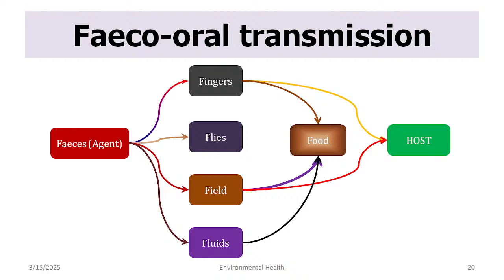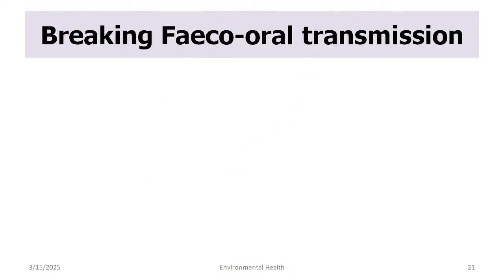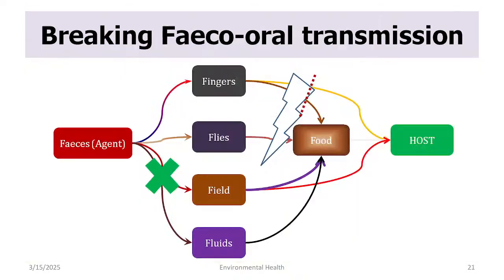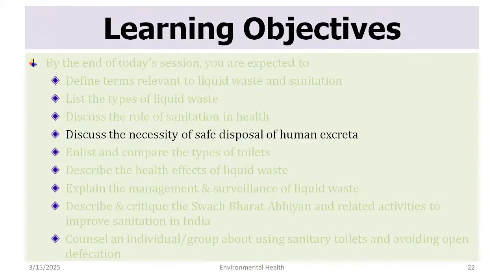There are still infectious diseases which are prevalent in our country. So we have a triple burden. How do we break it? By multiple mechanisms. At one place, at multiple places, we can do that. So there is a role of sanitation in health, at least through the infectious disease route.